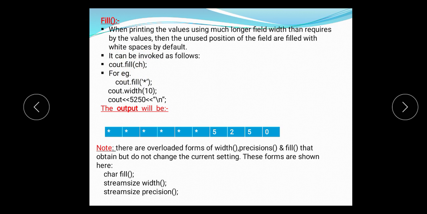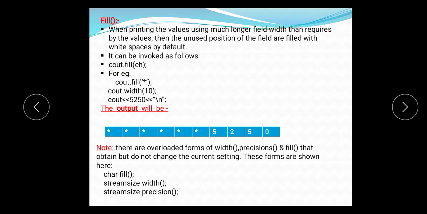For example, if I want to fill the unused portion with a star, I say cout.fill('*'), then set the width to 10 and display an integer of only 4 digits. The output will be displayed like this: the width is set to 10, the number is displayed in 4 fields, and the remaining 6 fields get filled with the star character.